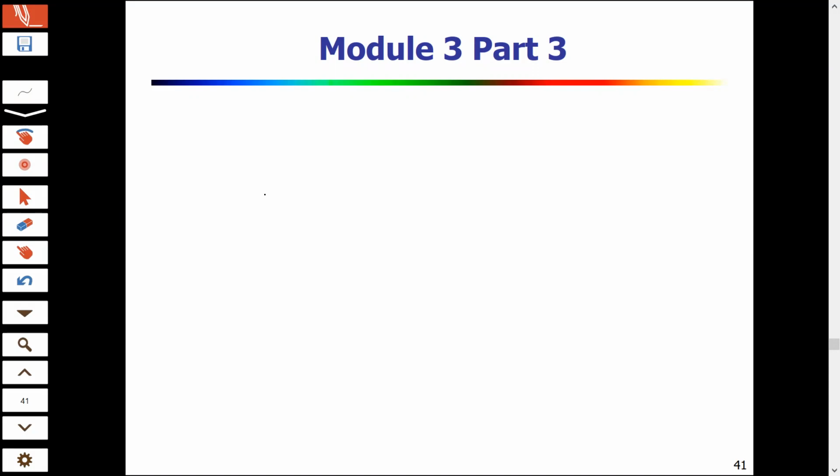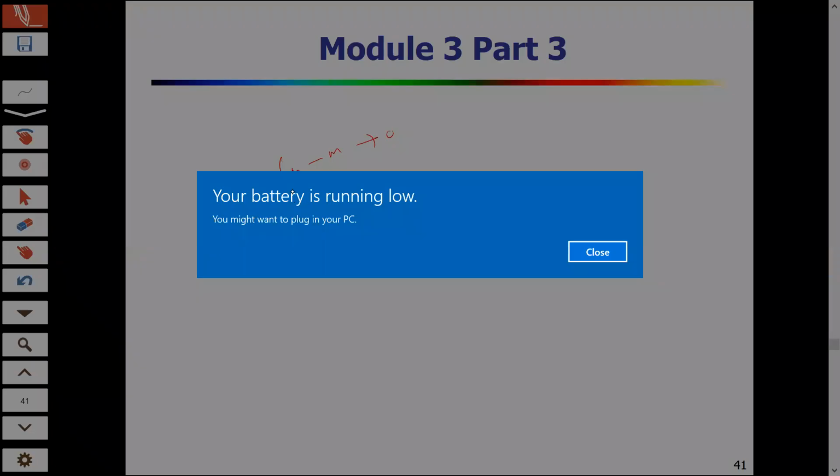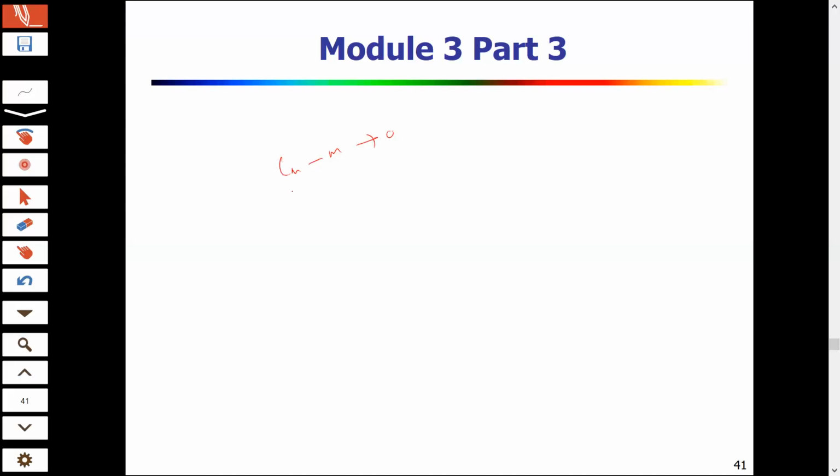So far we have discussed how we can select the best model, especially forward selection, backward elimination, stepwise regression, and also we have discussed how we can select the best model based on adjusted R-square, MAE, Cp, Cp minus p. If this is close to 0, that is the model is the best one. We have also discussed PRESS,